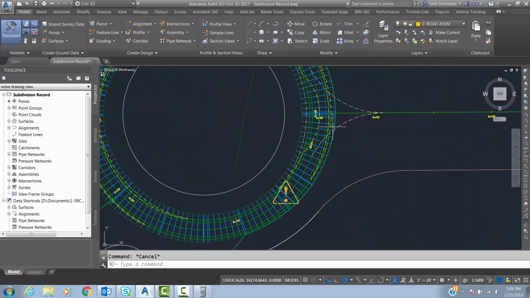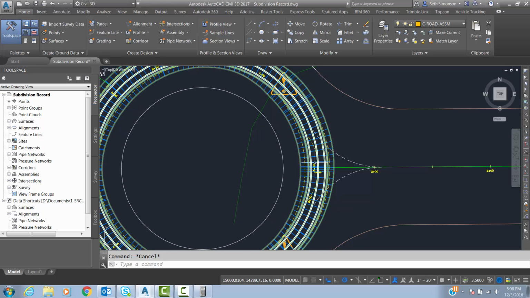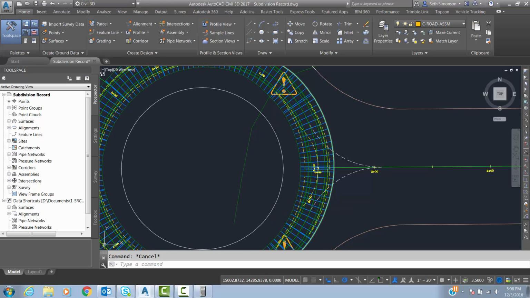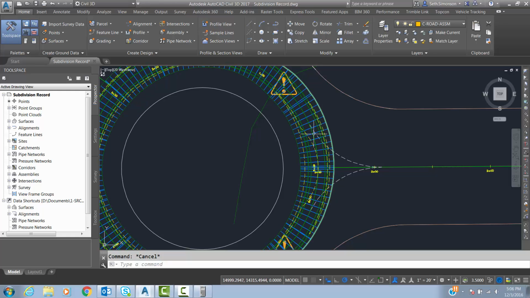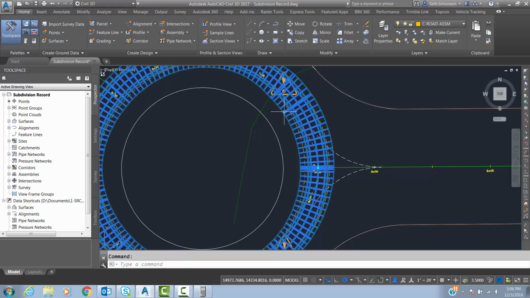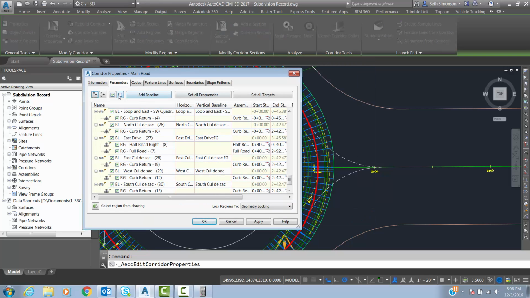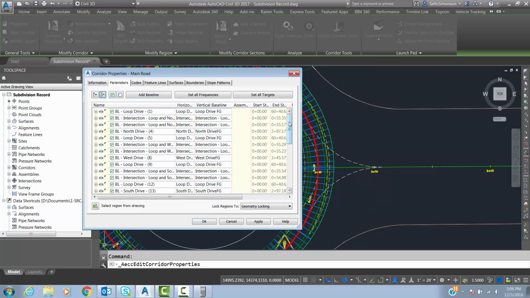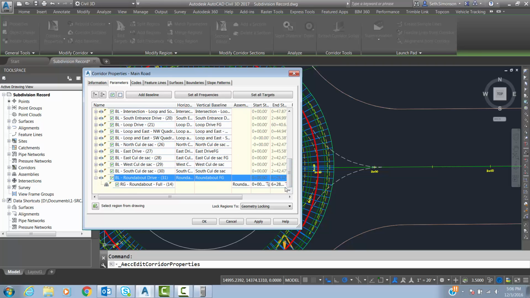So first thing I'm going to do is split this at this spot, but here's where I start and end my alignment, so I just have to basically click where it starts and where it ends just to leave a gap there. So I'm going to click on the corridor, go up to corridor properties, collapse all of these baselines, go down to the bottom where I have my roundabout, expand that,